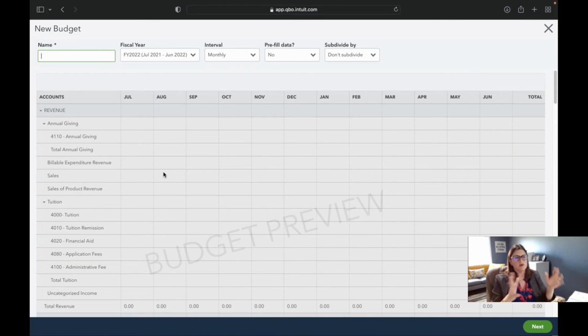So what it does is it brings up all your chart of accounts. We have chart of account numbering on some of these. Looks like somebody's turned chart of account numbering on. Here's my test budget. And here's another tip. If you're going to use Fathom with QuickBooks, it can sync in up to one budget. So if you're like, I want a purple budget and I want a pink budget, or, kind of old school, you have like your master budget and your sales budget and this budget and that budget, and they all roll up, be careful with which one you bring into Fathom because it will only support one budget.